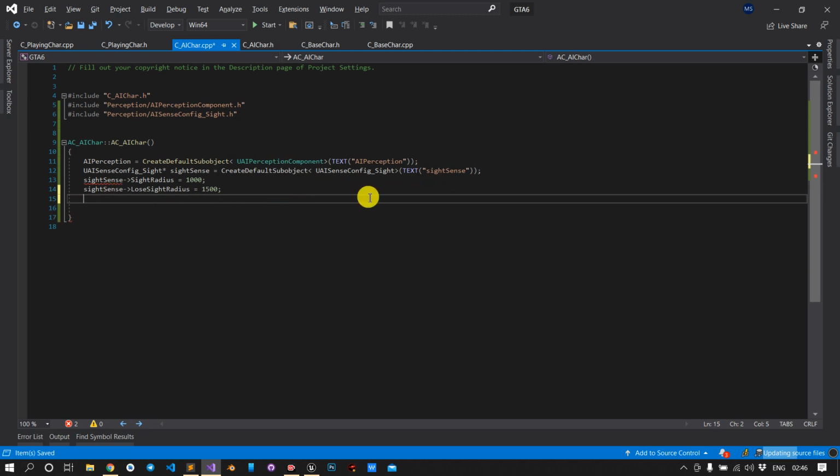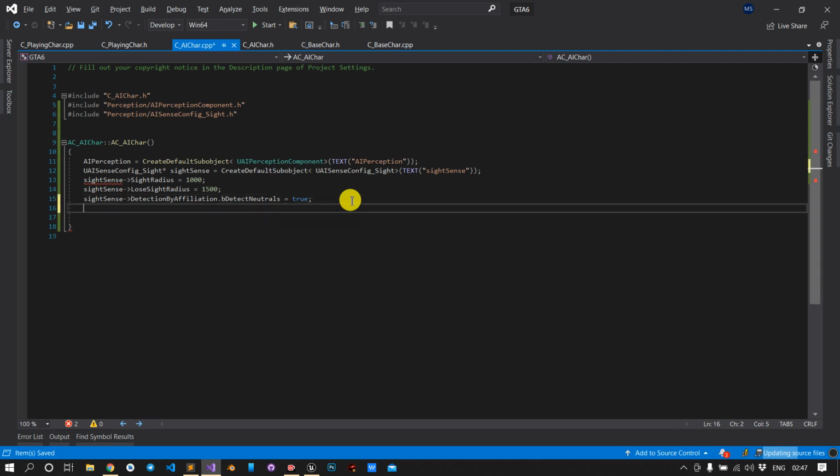For that, the option is DetectionByAffiliation. DetectionByAffiliation.bDetectNeutrals equals true, because I want to be neutral, because I am looking for everyone which are registered. Okay, so now we are done with the sight sense.